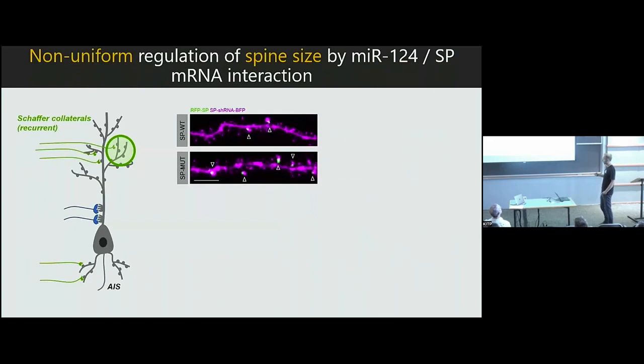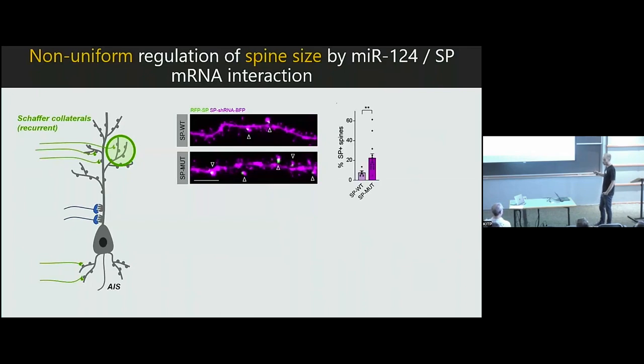So we expressed shRNA to knock down endogenous synaptopodin. We have here a BFP reporter. And simultaneously, we expressed a synaptopodin construct fused to RFP, here in green, with a 3' UTR to replace the endogenous synaptopodin so that we can visualize the synaptopodin construct. In the control, wild-type situation, you can see that again you have synaptopodin puncta at large synapses in about 10% of the spines.